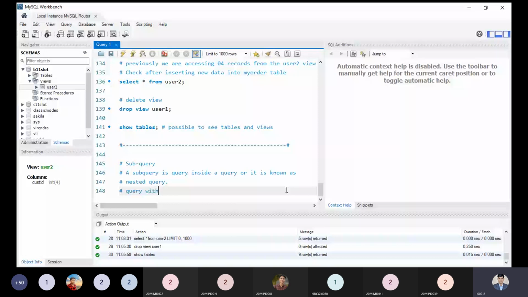So a subquery is this in a simple way. Now I need to show the syntax we have to keep in mind.